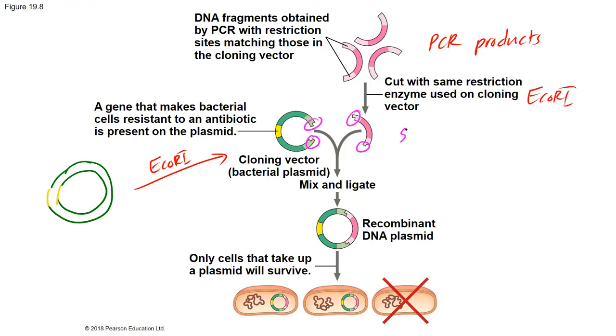So these are all sticky ends. We mix them together and use the DNA ligase enzyme to produce a recombinant plasmid. Then we take the recombinant plasmid